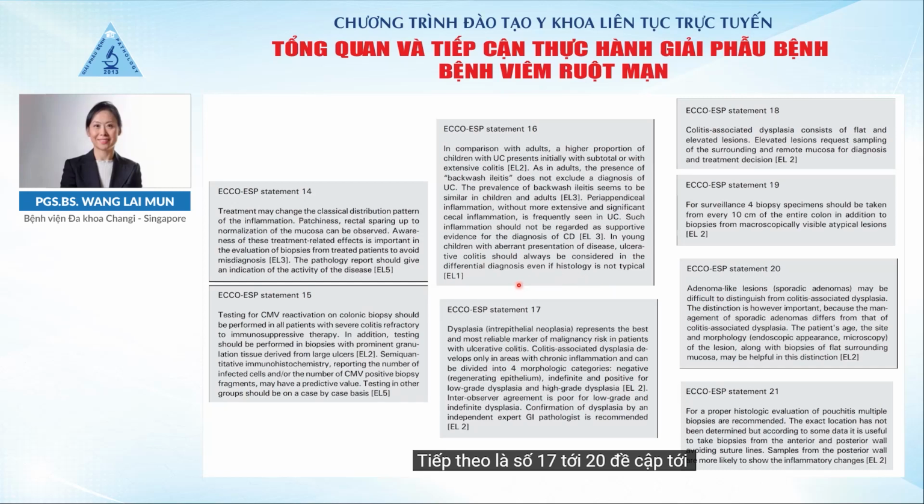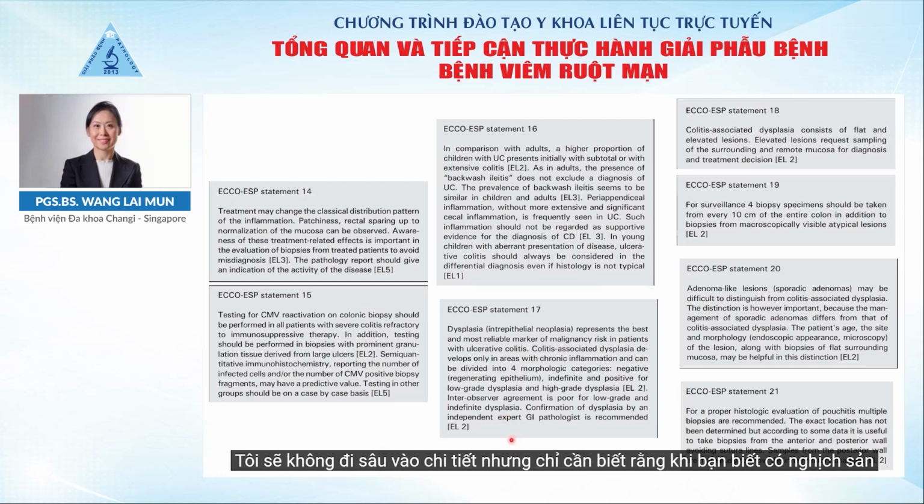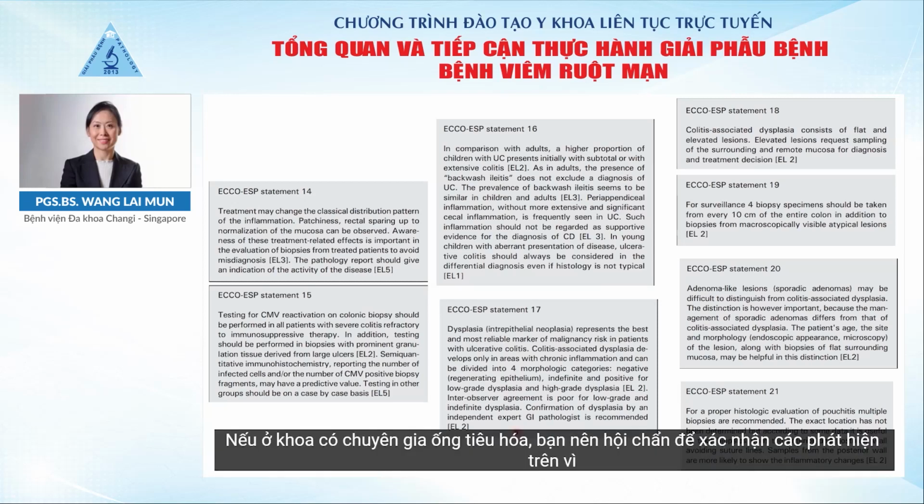All right. Then position 17 to 20 deals with dysplasia or colitis-associated dysplasia in UC. This is a separate topic altogether, so I won't go into details. But just know that when you see dysplasia, you should get an experienced pathologist. If an expert GI pathologist is present in the department, you can ask the person to confirm your findings